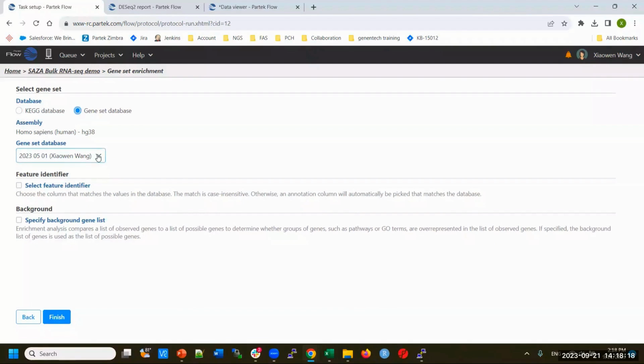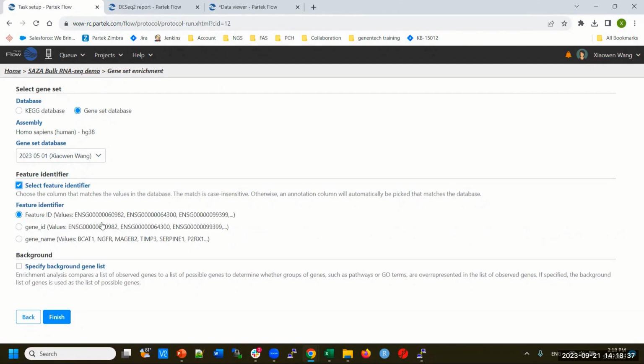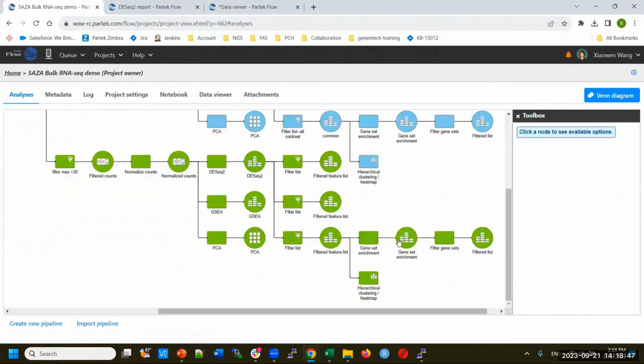So you choose your gene set GO database. Most of the time, Partek can figure out whether to use gene ID or gene name to match the database. But sometimes if you have a special annotation file, we might not be able to. And if that's the case, you manually specify, because in the database, they only recognize the HUGO ID, which will match with the gene name. Okay. And then click Finish. Once this is done,